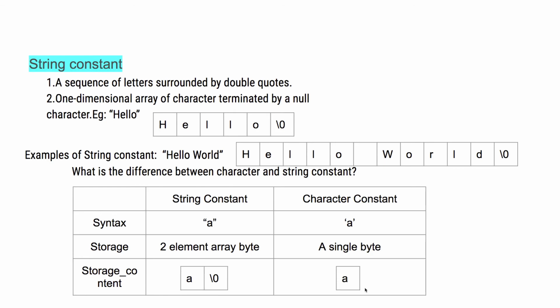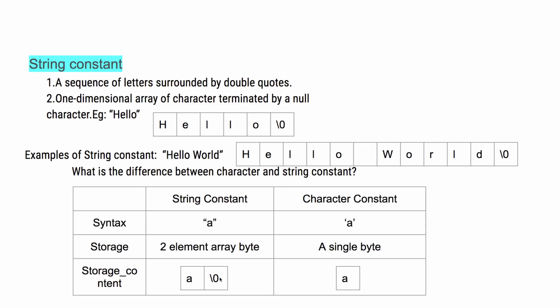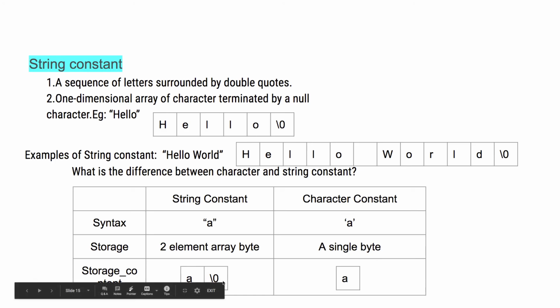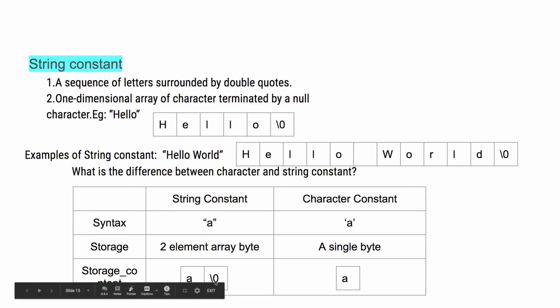But in case of string constant, an array with number of elements plus 1 is reserved in memory. That is, 1 is added for null. Like you can see, string "A" is stored like this, A then null, but in case of character, it is stored like this.